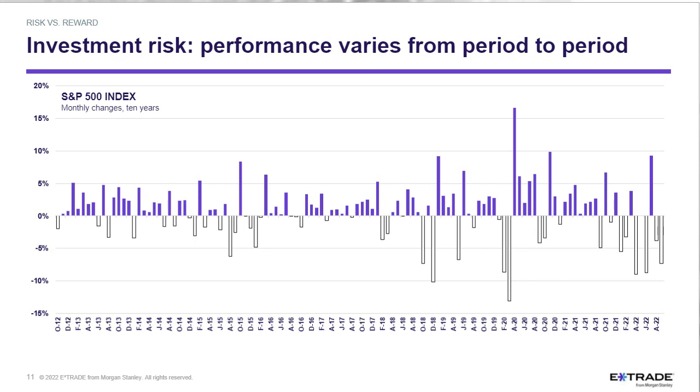Now, when we see a bunch of data like this, one of the things we can do is apply a little high school math, depending on what level you might have taken it. But when we look at statistics, one of the things we do is we take the average of a bunch of numbers, right? So here, what I've learned is by averaging all of these numbers, I find out that the average monthly change was plus 0.78%.